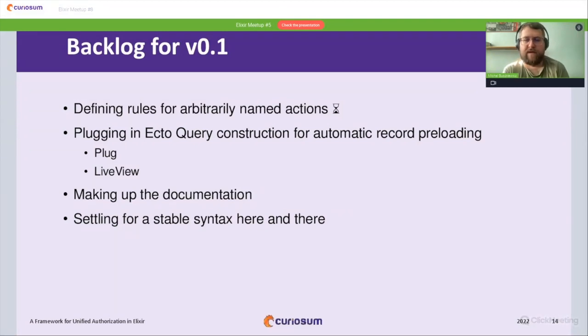So what we want to do now is to allow doing this in actions such as index, in which we are interested in more than a singular resource, but a scope of resources, right? And what we also need to do is obviously make up the documentation, as I said, settling for a stable syntax in a few places, mainly regarding configuration of the library's usage in a specific app, because the decisions regarding configuration syntax have to be well thought out,